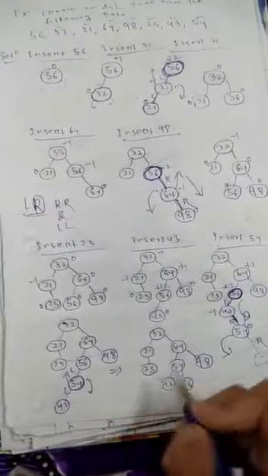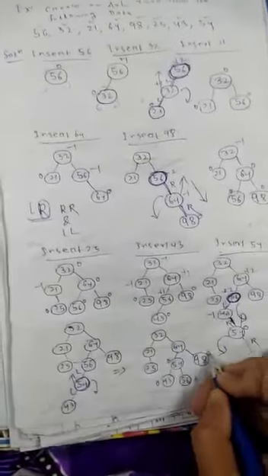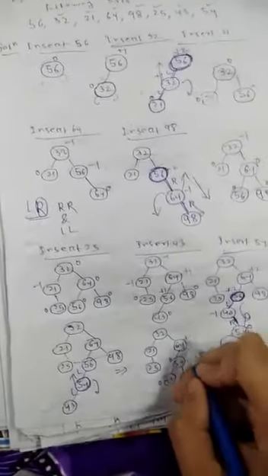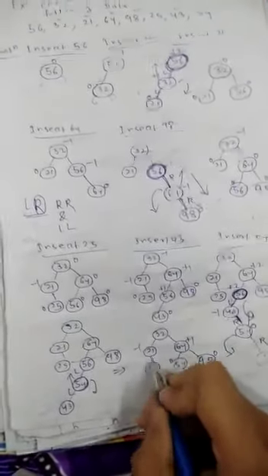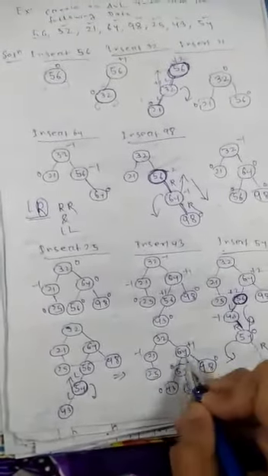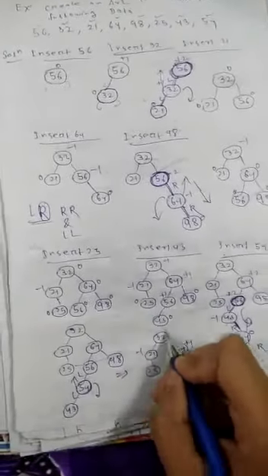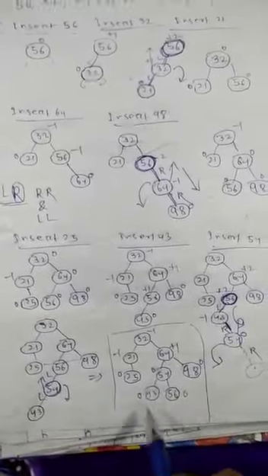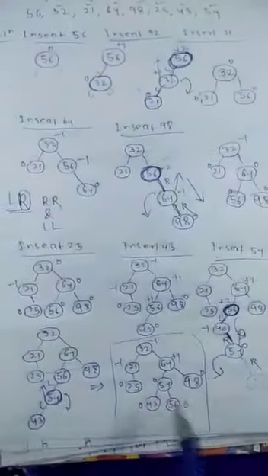Then calculate the balance factor. After the 2 rotations, calculate the balance factor. Here it is 0, 0, 0, then 0. Here 2 minus 1, that is your plus 1. Here it is minus 1, right side 1 node is there, and here 2, 1, 2, 3. 2 minus 3, this is minus 1. See, for this node, all the nodes satisfy the balance factor property 0, plus 1 and minus 1. So this is your final AVL tree. All the nodes are completed, and this is the final tree after the insertion.